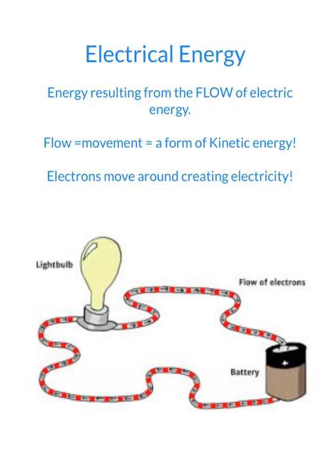All right, the last type of kinetic energy that we're going to talk about is electrical energy. Now, this is energy that results from the flow of electric energy, and if it's a flow, it means it's moving. So you have a type of energy moving, therefore it's a type of kinetic. So you have electrons, and you'll notice that they're all moving around in a current. That's the kinetic energy. If you had a light switch, the second you turn it on, you're allowing this flow to move, and that's why your lights turn on. The second you turn the light off, though, you cut it and you stop